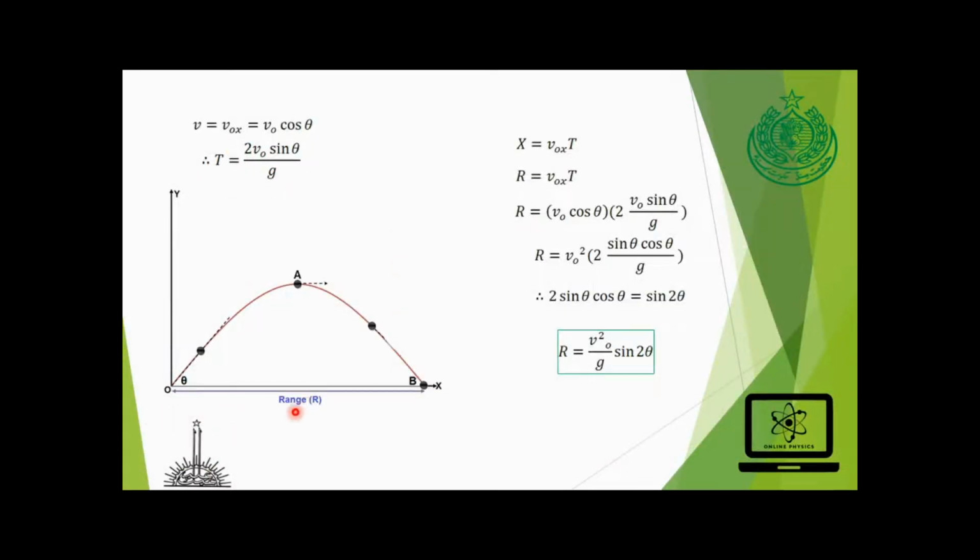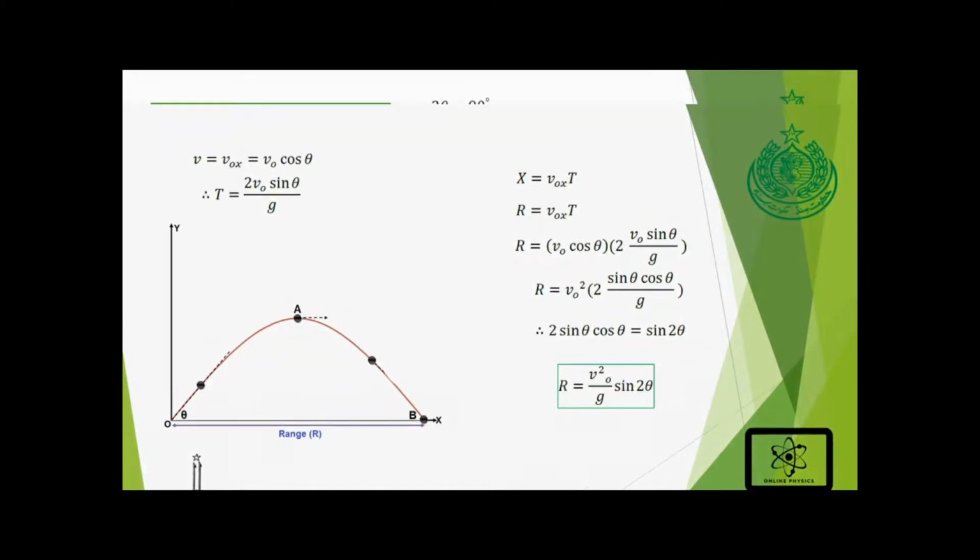Okay. So the object is moving with constant speed in the horizontal direction, so we know that s is equal to vt is a formula. So x is equal to v naught x t, and R will become v naught x t, and we know that the time between the point of launch to impact is 2 v naught sine theta upon g. So putting the values we will get v naught square 2 sine theta cos theta upon g. By using the trigonometric identity 2 sine theta cos theta is equal to sine 2 theta, R will become v naught square sine 2 theta upon g. So this is the expression of the horizontal range.